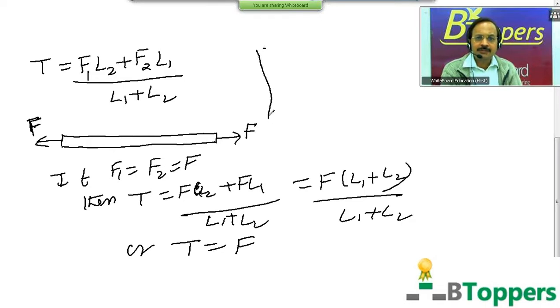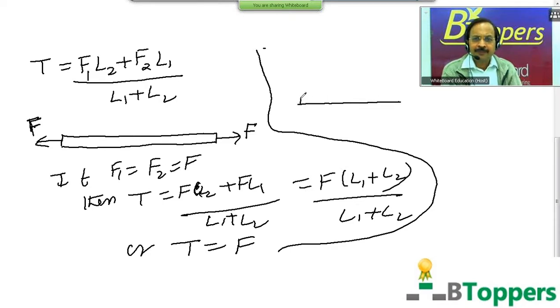In some questions, force may be applied only at one end, there may not be any force at the other end. That means if you consider a thin uniform rope resting on a smooth horizontal floor, it is pulled by applying force of magnitude F at one end. Let L denote the length of the rope.